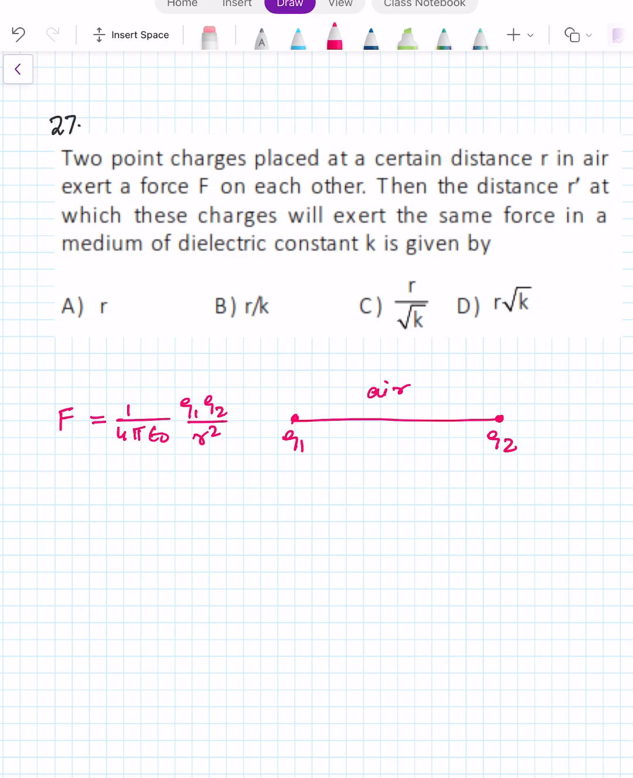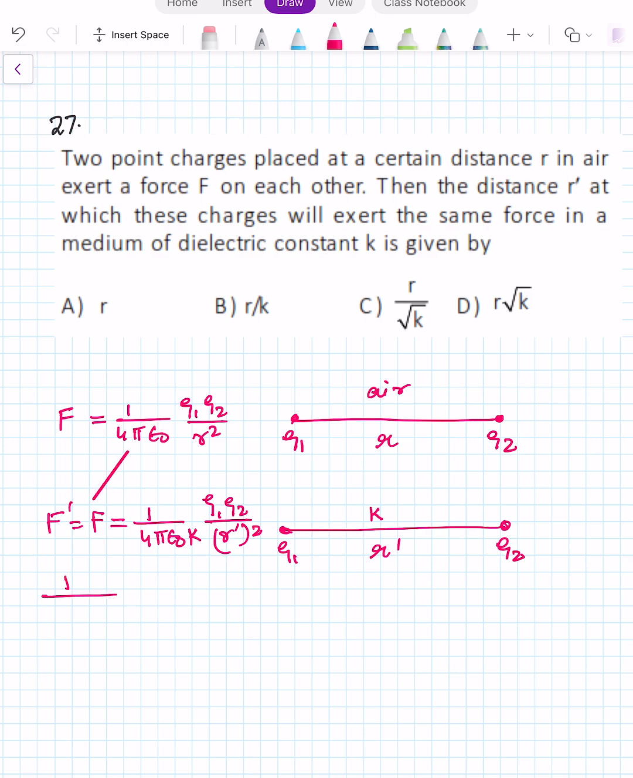Now they are saying the distance r dash. Find out the distance r dash at which these same charges will exert the same force, means F dash is equal to F, in a medium of dielectric constant K. Now, in this particular dielectric situation, the force will become 1 upon 4 pi epsilon naught K q1 q2 upon r dash whole square. Now this F dash and F are going to be equal. So if we substitute this F dash value here, then we get 1 upon 4 pi epsilon naught q1 q2 upon r square is equal to 1 upon 4 pi epsilon naught q1 q2 upon K r dash square. So q1 q2, 4 pi epsilon